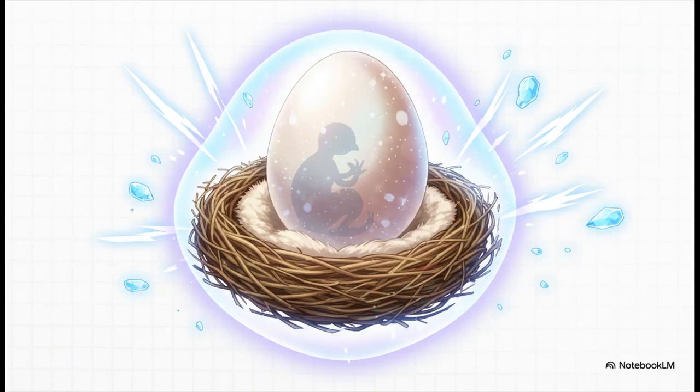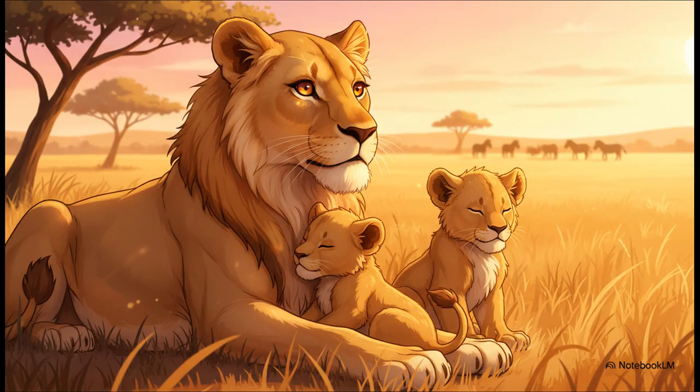But hang on, what about birds? Or reptiles, like turtles and snakes? Where do their babies develop? They grow inside a protective egg. That hard shell? It's not just there to look nice. It's like a personal suit of armor, keeping the embryo safe and sound from the big, scary world while it grows up.